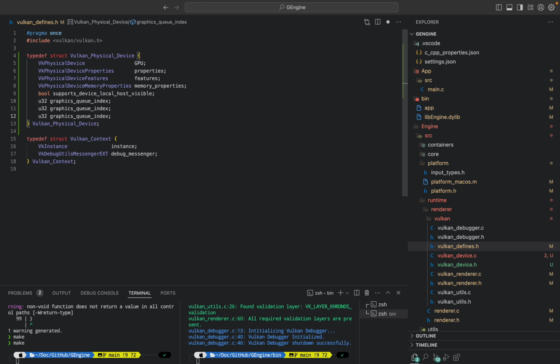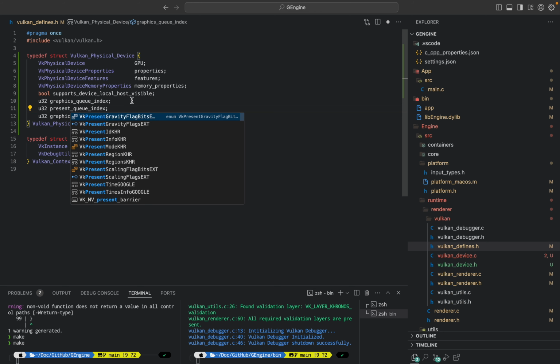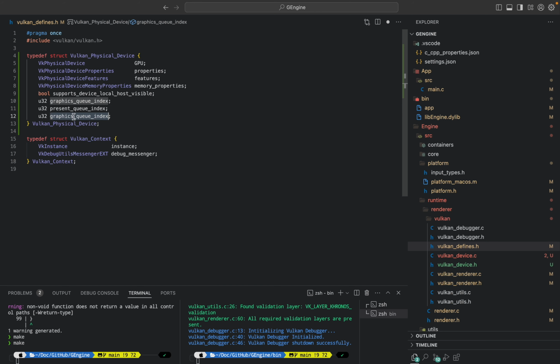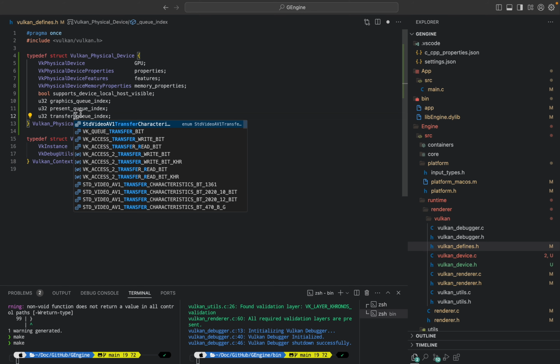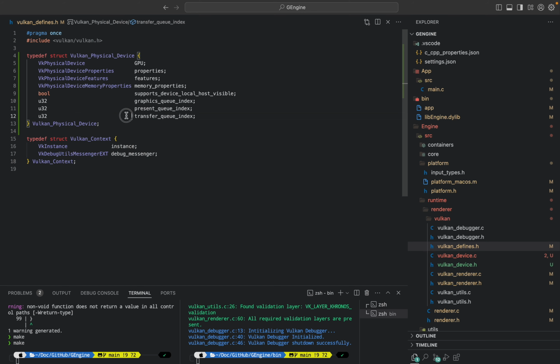And for the present transfer and graphics, I think that's it, right? So that's graphics. And then the other one will be present. And then the other one should be transfer. Okay. Now on Mac, these indices literally can be the same, right? They can just equal one another because that's just how it is on Mac. And you'll see what I mean, okay? And then the other one I need, I think